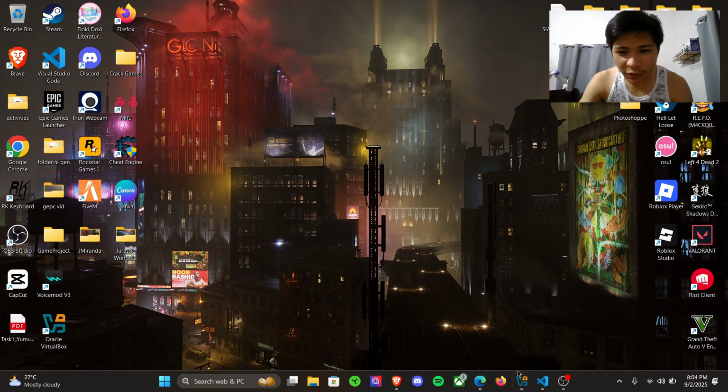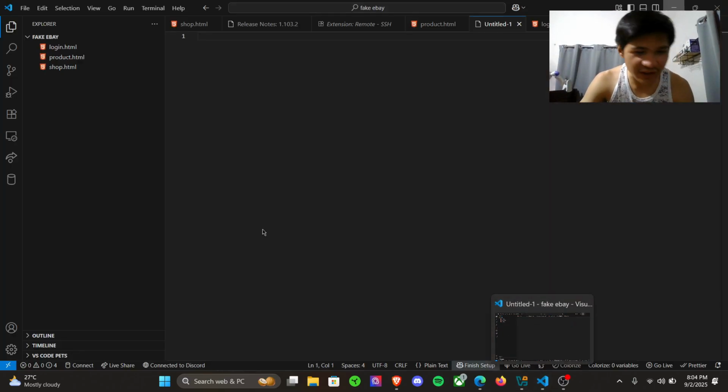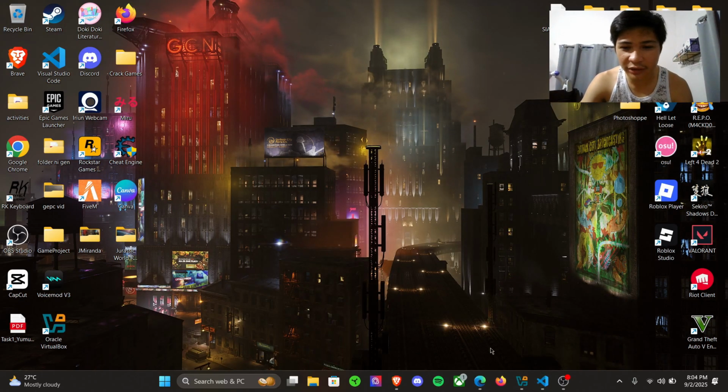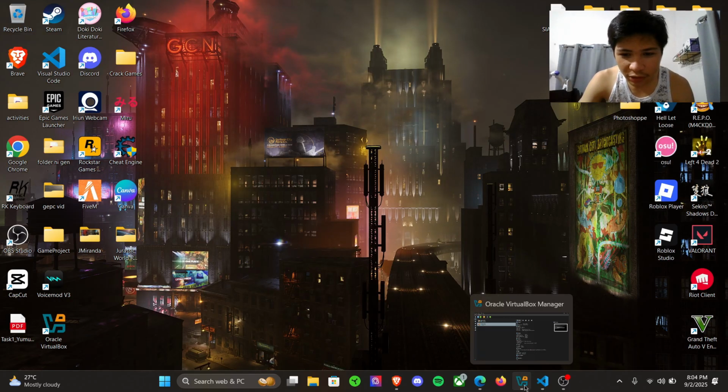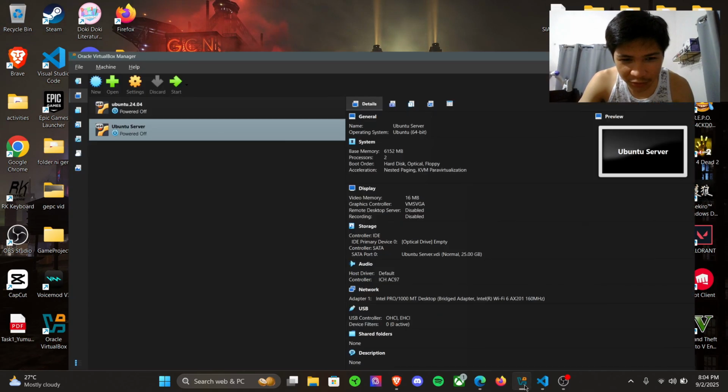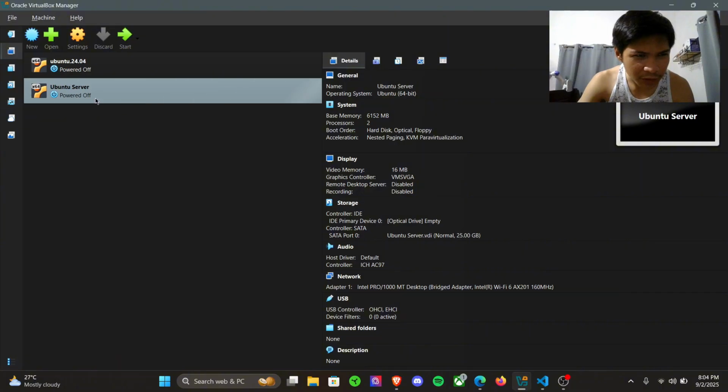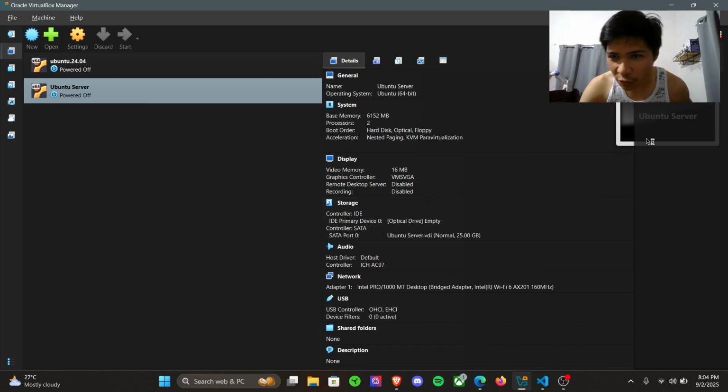So first of all, we'll be installing SSH server using Ubuntu and Visual Studio Code. First, we'll go to my Oracle and then open this Ubuntu server. We'll wait for it to open up and we'll start things from there.